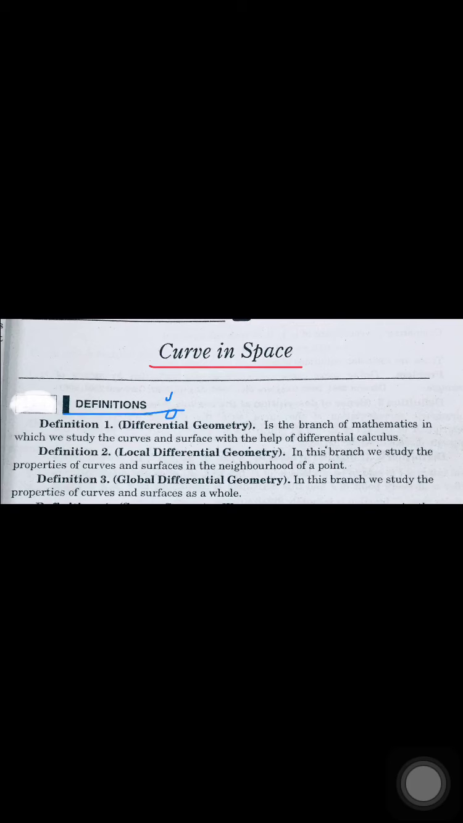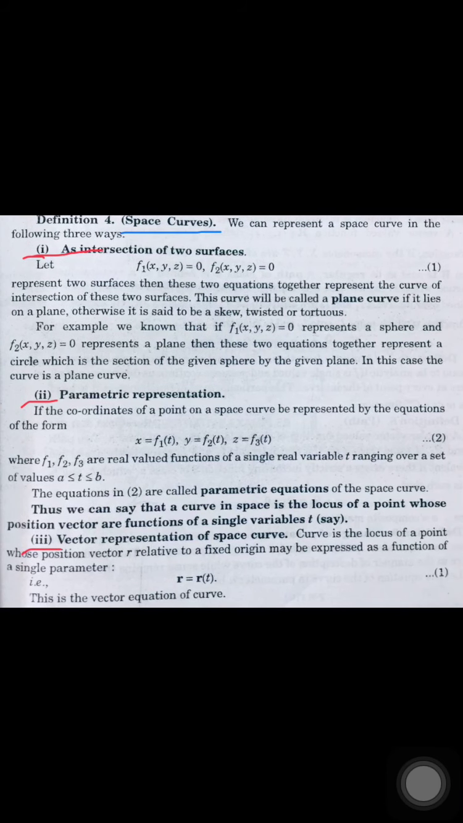Conversely, we also study here global differential geometry. In this branch, we study the properties of curves and surfaces as a whole, not in the neighborhood. We are considering all the parts as a whole, not the neighborhood part. That's why it is known as global differential geometry. So these are three types of definitions: differential geometry, local differential geometry, and global differential geometry. Next, we are taking